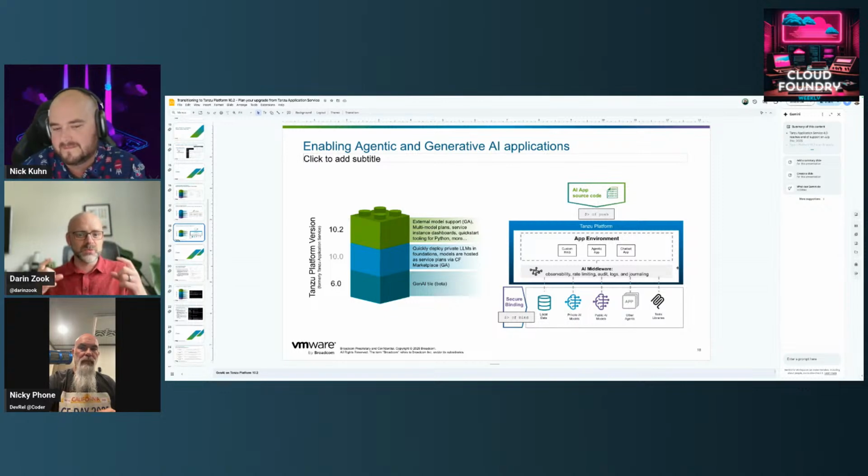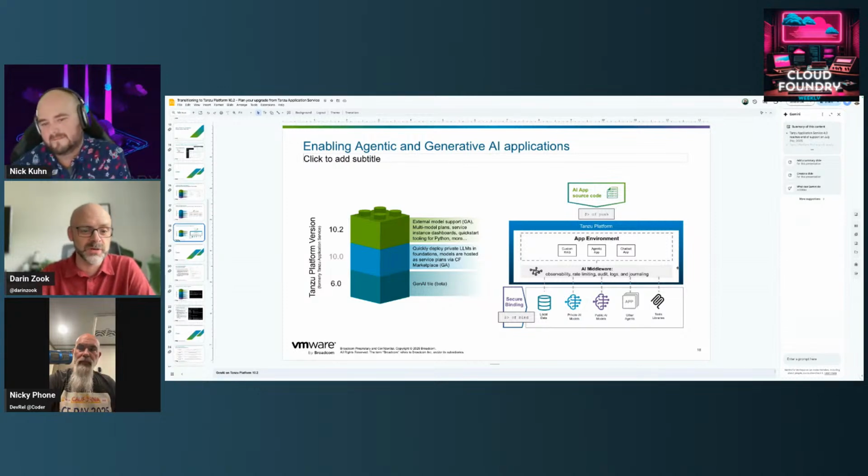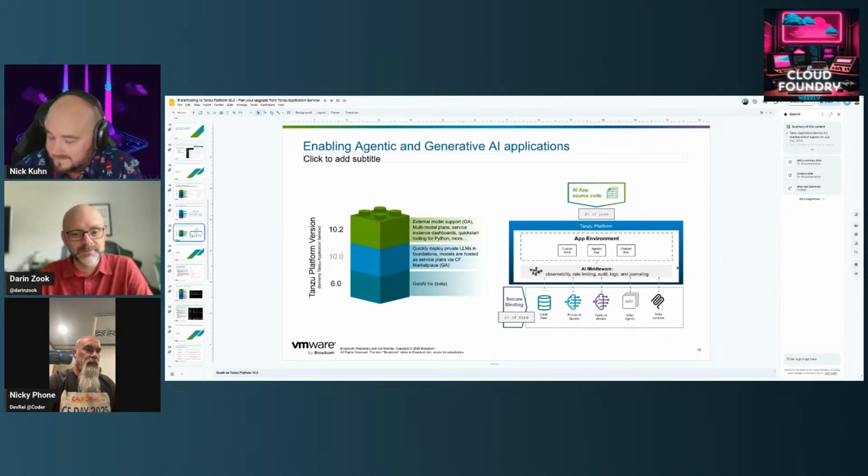And then with 10.0, we made it generally available and made it a whole lot easier for developers to quickly deploy private LLMs inside of their environments and begin taking advantage of those with their applications. And now with 10.2, we're adding some really great capabilities that take it even further. One of those big things is multi-model plan support, which I think is really exciting,